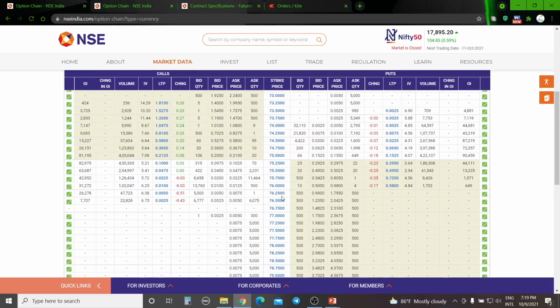You will not have so many liquid strikes in this contract. 75 is your spot or the current value. You can have maximum 6 contracts up and down: on the put side 1, 2, 3, 4, 5, 6 contracts, and the call side also about 6 contracts. You will not get more than that. The movement in the currencies is also like that. Tomorrow USD is not going to open at 80 rupees. It can open a maximum of 30 to 50 paisa more, not more than that, meaning 2 to 3 strikes only.